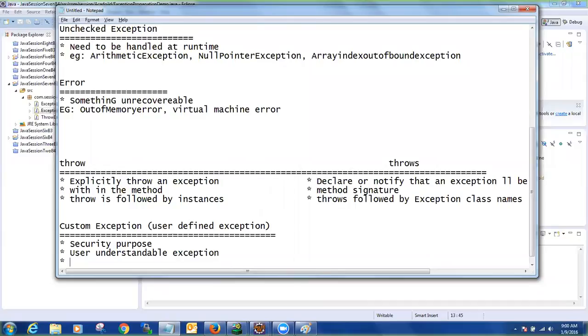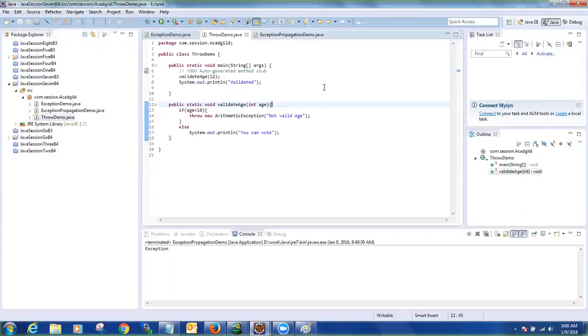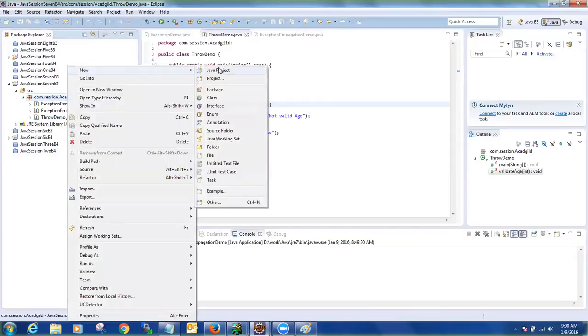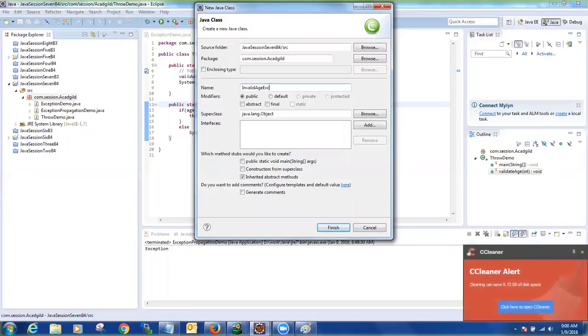User understandable exceptions. Say, for example, I am creating an application where I think of building a voting mechanism, an online voting system. So in this case, what I can do is, okay, here I have created this. Now say I am creating an exception object. How do I create a custom exception? It is the same. I'll have to say InvalidAgeException,